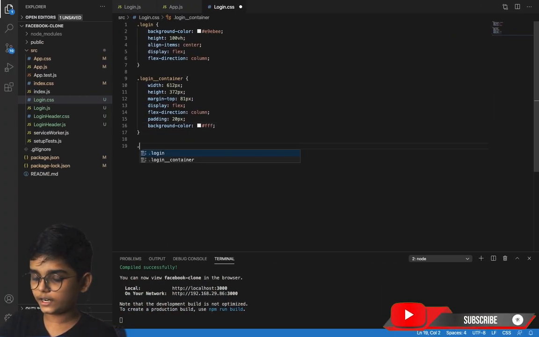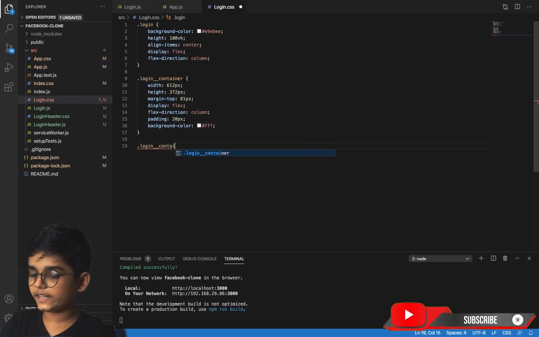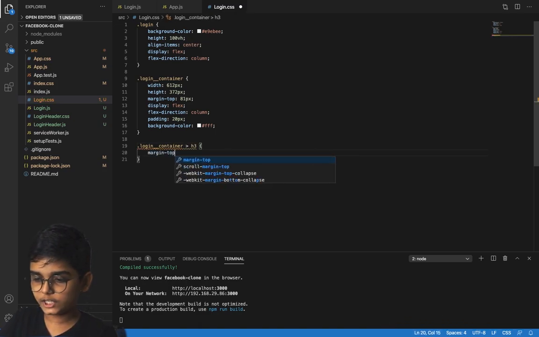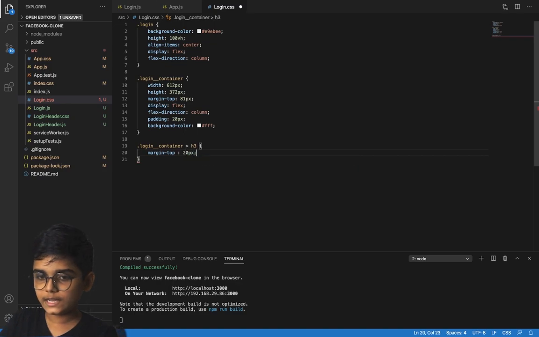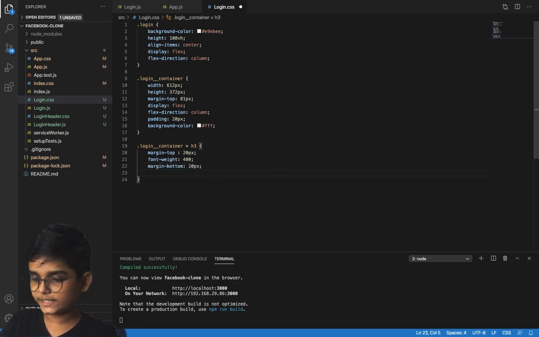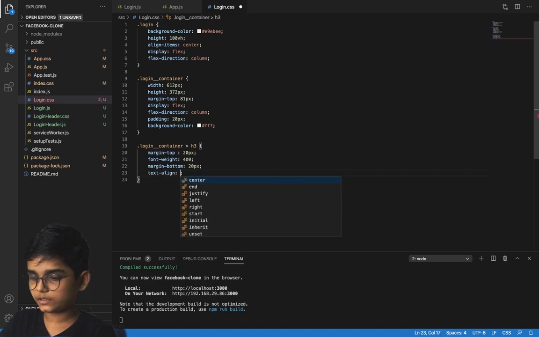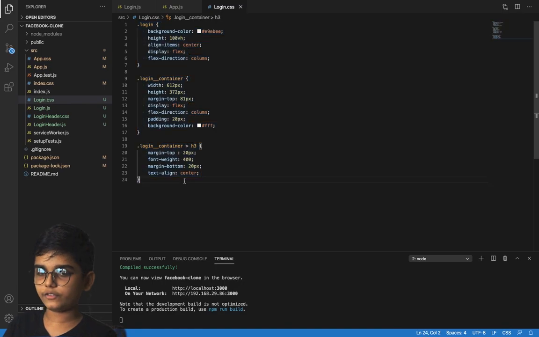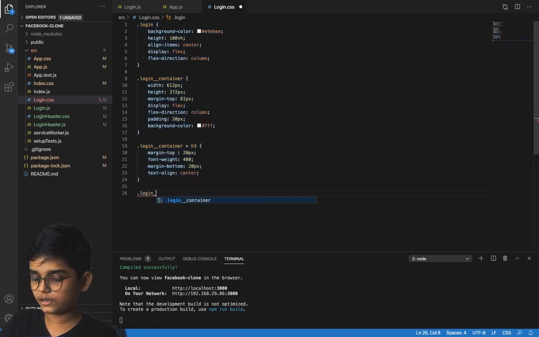After that, login container. Inside login container, we have a h3 tag. And for that h3 tag, we need a margin top of 20 pixels and font weight of 400 and margin bottom of 20 pixels. Text align center. That is it. Now let's see this. Yeah, that is good. And after the h3 tag, we need the input dot login container, and inside that container